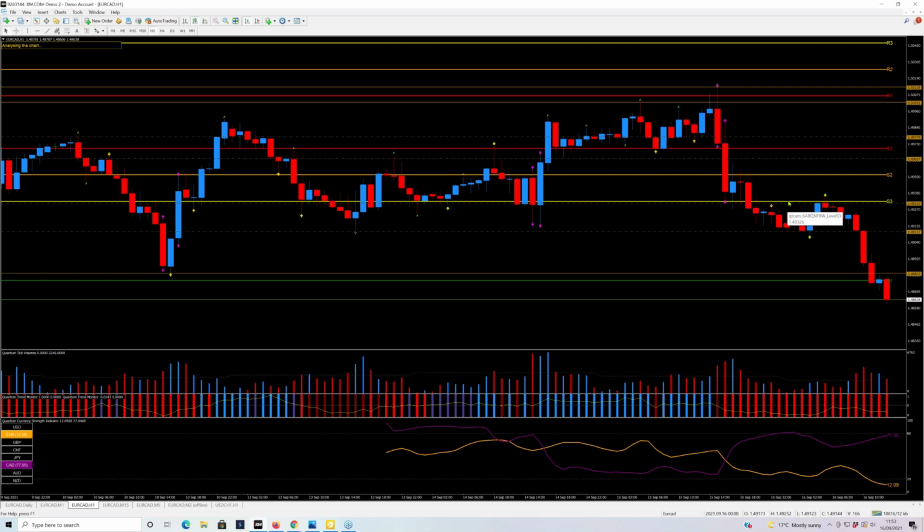The Camarilla levels are calculated in such a way that what you see on the hourly and the daily charts are in play for the rest of the week. This wouldn't have been the S3 last week, but it's obviously an important support level, which also explains why it stopped. So you have two reasons why the expectation is that is where it is likely to be going following that